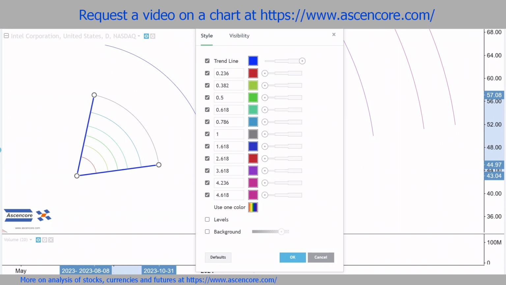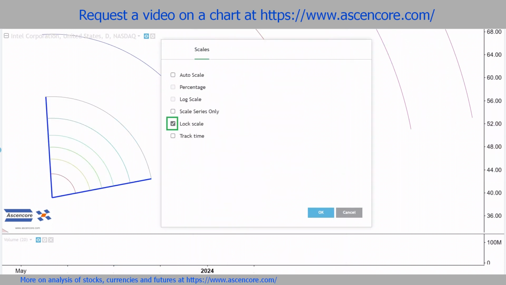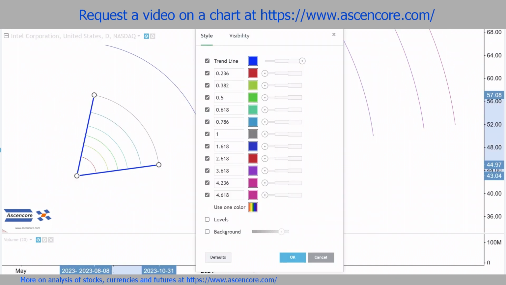lines. And since the Fibonacci wedge has a curvature, it is important to lock scales to avoid distortions when moving the chart and zooming in and out. This was already covered in the series on Fibonacci spirals and applies to Fibonacci wedges just like it does to